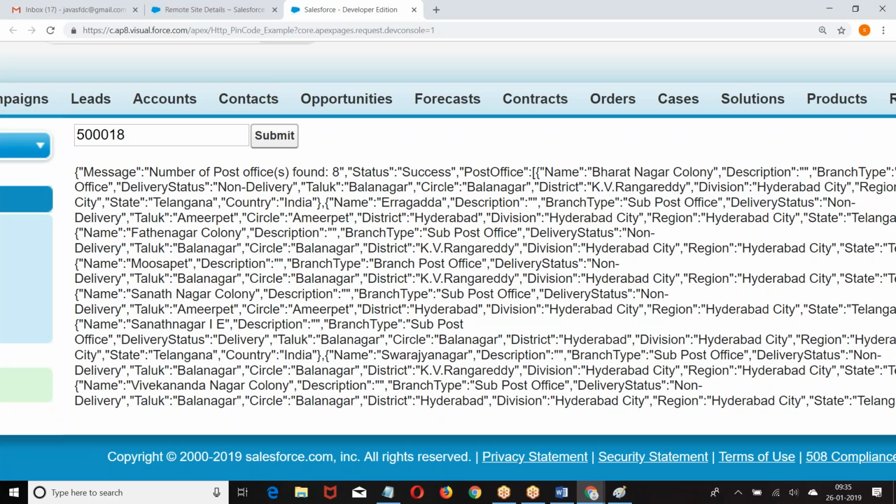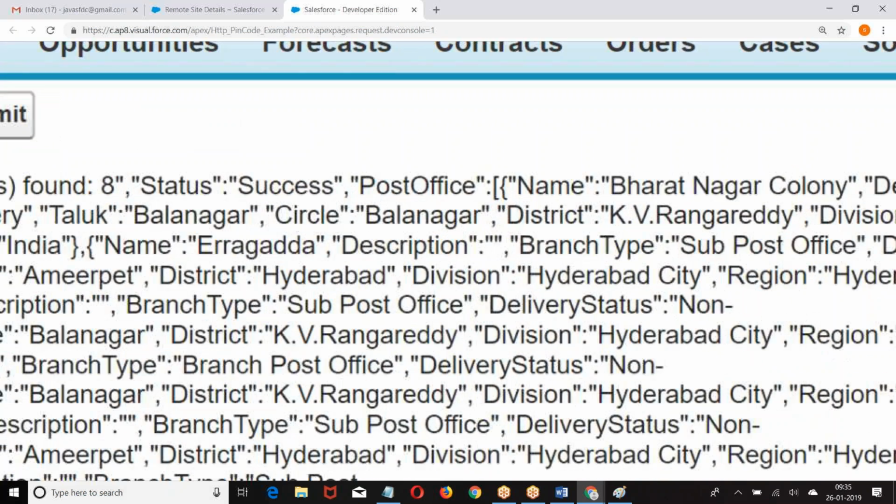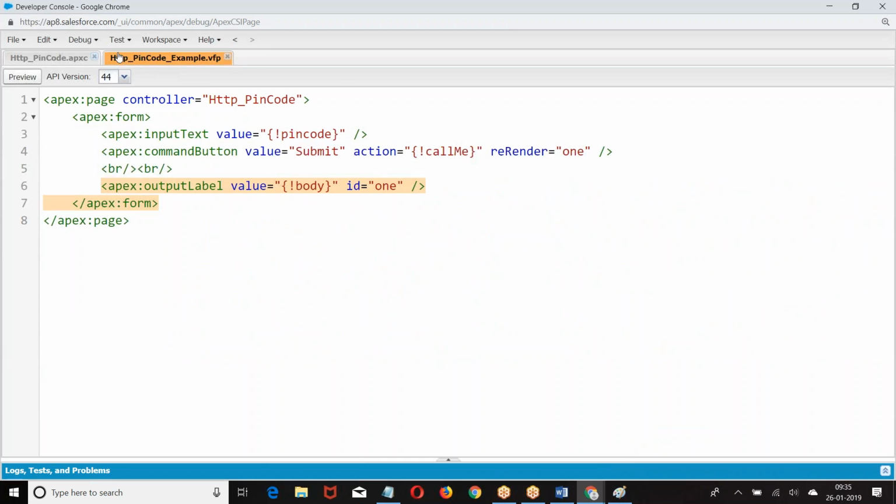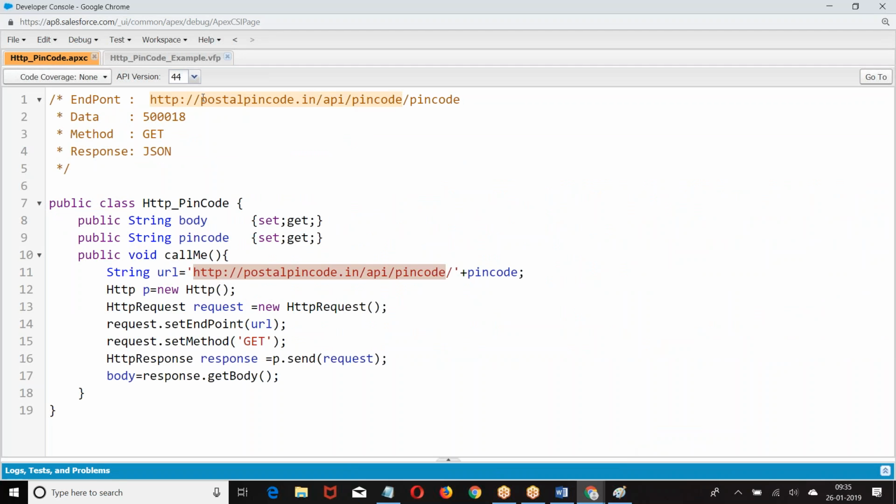Now the response is in the form of JSON. But in the JSON, what do you want to get? Only the names of the places. So you are supposed to deserialize. You made a request to them, they gave a response. Once you got the response, what you want to do with it is your business requirement. Now my requirement is to get all the place names and display them like a list. So how do I get the place names? Deserialize. Why deserialize? Because the response is in the form of JSON. So let us see.